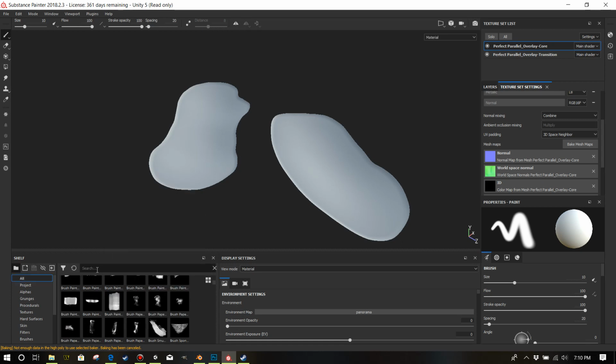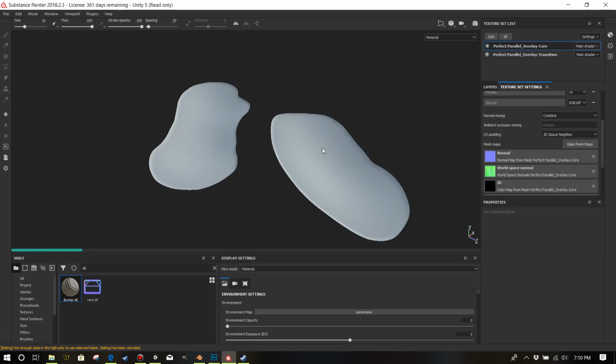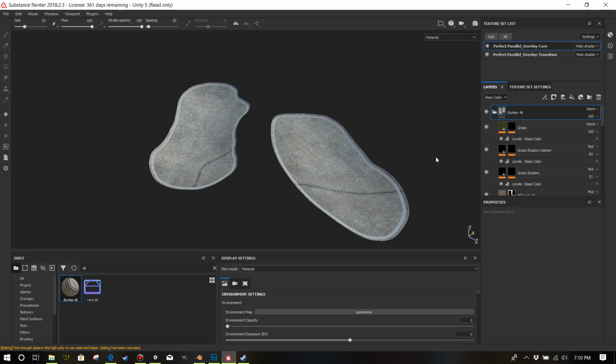Now I'll show you what I've done is I have made a bunker texture that is composed of many layers, and it's just easier than Photoshop. This program is so cool if you understand Photoshop. If you go to my layers here,